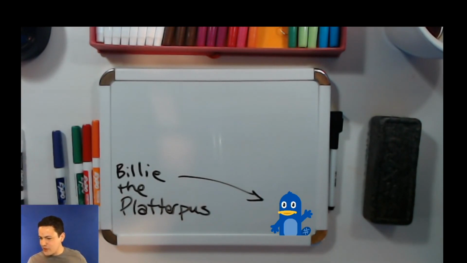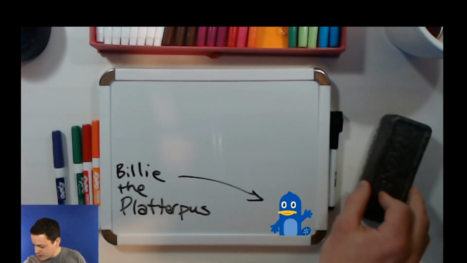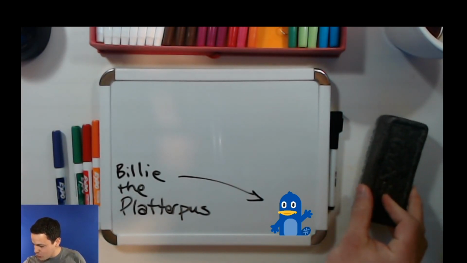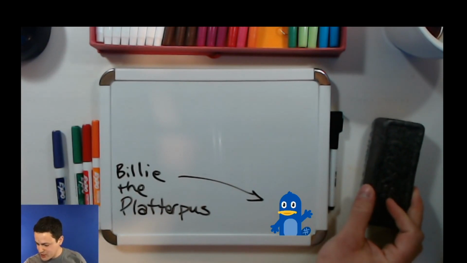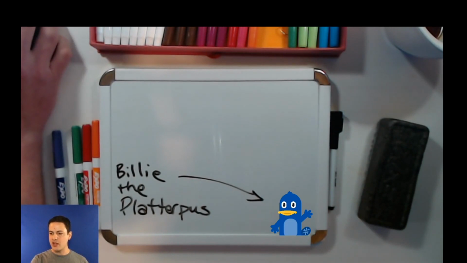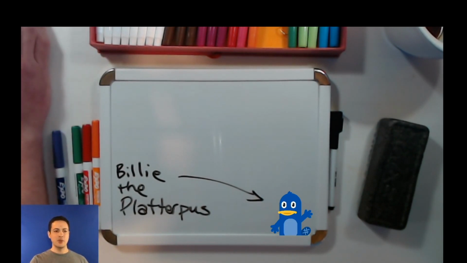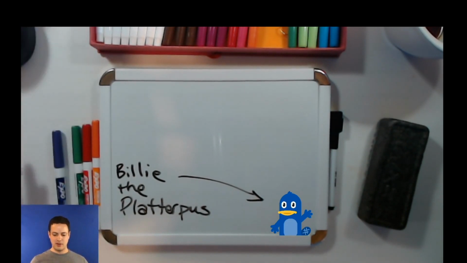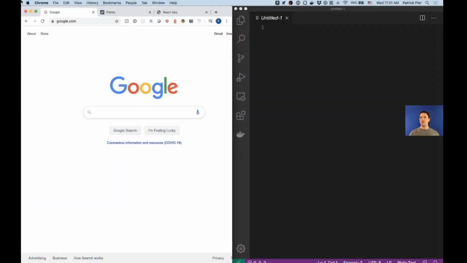All right, so that is the whiteboard. We will be using that when we sketch a few things out, when we draw ideas. I've got a couple other views that I'm going to show you here just for orientation's sake. The next one is my screen, and we're going to be live coding for most of this